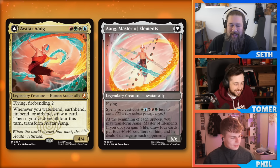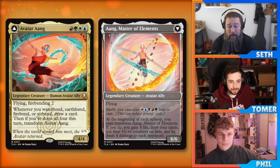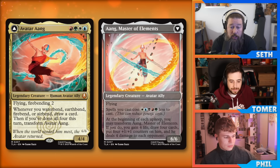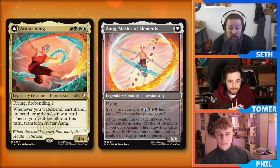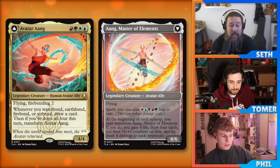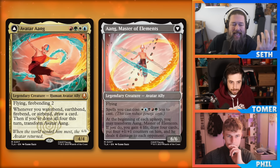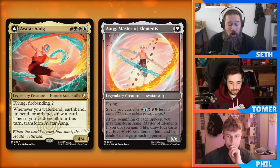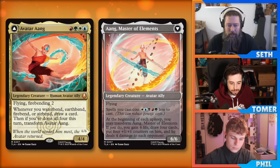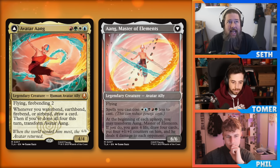Nice. One thing I love about this design, and I think you hit on it, is that the backside's incredibly busted, right? A discount of Wooburg, including your colored mana cost and generic cost, is going to make a lot of your cards free. If you actually get to the backside, you're going to have a ridiculous turn. But the thing I like about it is not only is it hard to actually do all the bendings in one turn and flip it, but to have all the bendings in your deck, you have to play a bunch